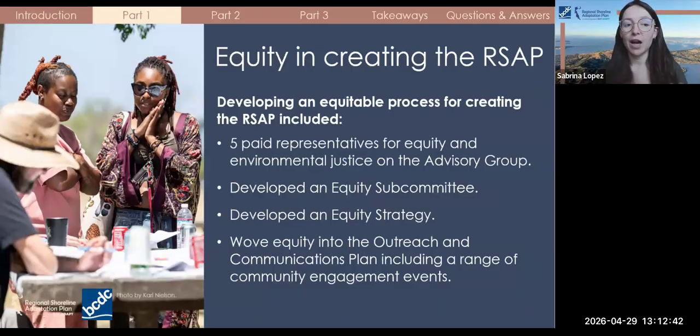So BCDC had 5 paid environmental justice representatives who participated directly in advisory group and equity subcommittee meetings. And they were compensated at rates comparable to consultants with formal partnership agreements to ensure that their expertise was recognized and valued as part of the process. The equity subcommittee also played a key role in shaping how equity showed up in practice, helping design meeting structures, participation approaches, and internal processes to ensure equity was reflected not just in outcomes, but also in how decisions were